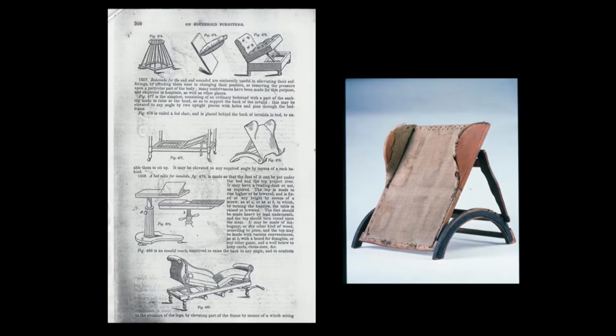encyclopedia does show this image right here is really clearly what this is based on. It tells us exactly how it was used. This would have been padded for use, but for a sick person, this part of the back goes over a bolster or pillow so that in the bed, someone who's bedridden, this can be raised or lowered. Again, a great resource for those who are interested in the history of illness, of disability, and this